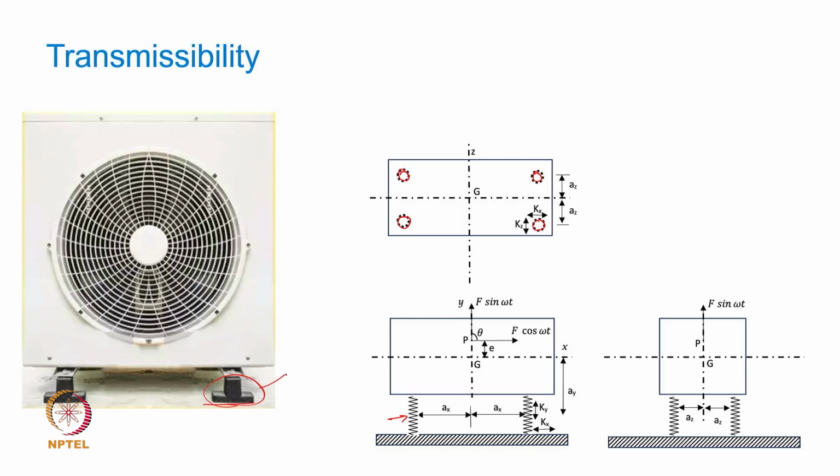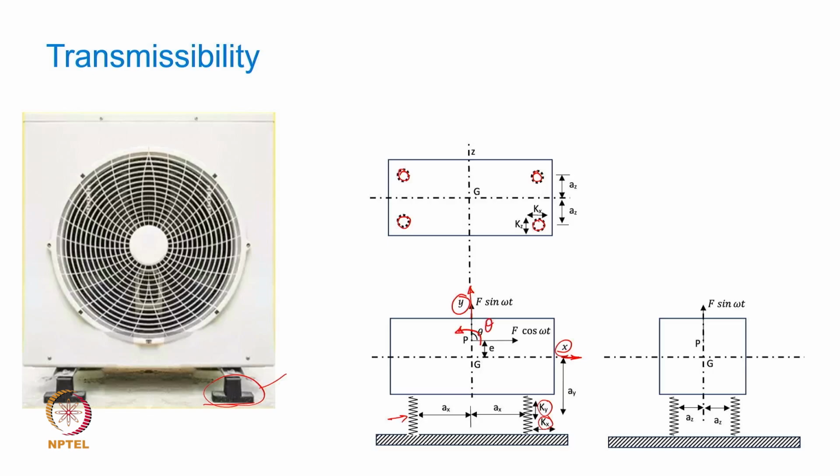but assuming that a mount like what is shown here would offer stiffness both in the vertical direction as well as in the horizontal direction, we will now take into account the stiffness in both directions, and the degrees of freedom here would be 3. You can keep increasing the degrees of freedom up to 6 in a body like this, but let's focus only on the vertical degree of freedom, which is y, the horizontal degree of freedom, that is x, and the rotation, that is theta here,